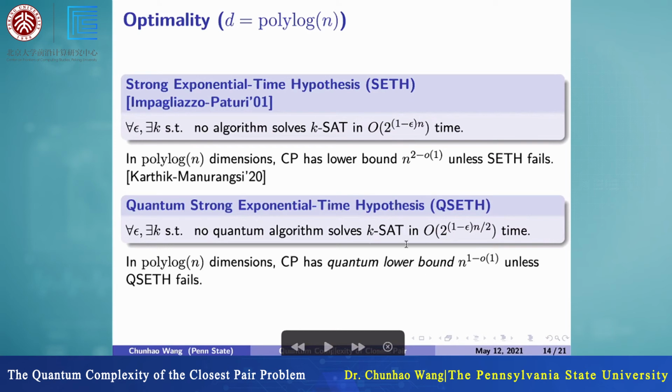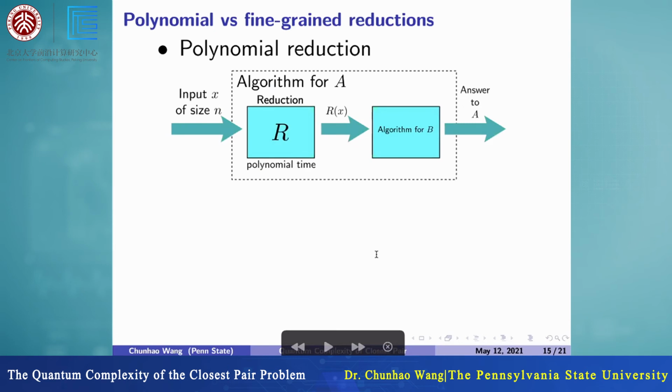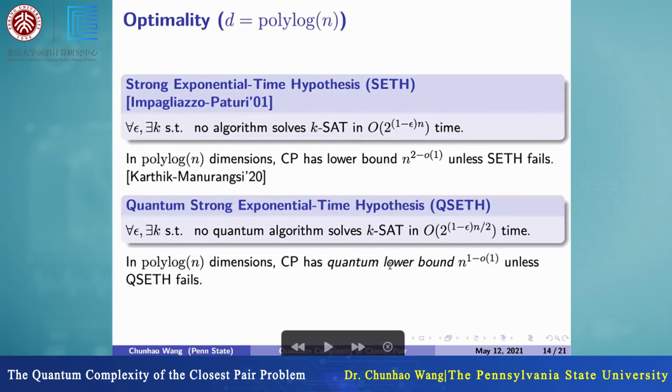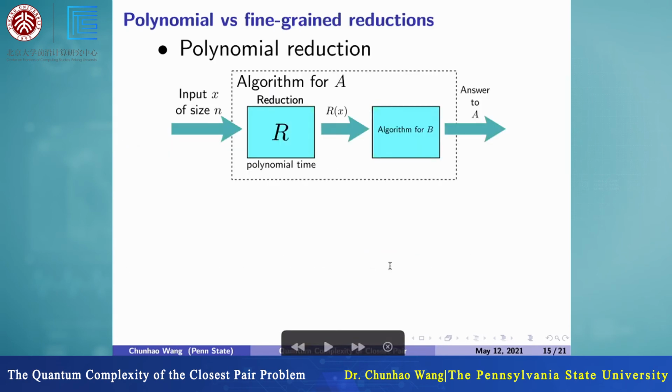and also introduce some fine-grained complexity. So this reduction uses the idea of fine-grained complexity. If you have some computer science background, if you take complexity theory courses, you know the polynomial time reduction. The polynomial time reduction is that